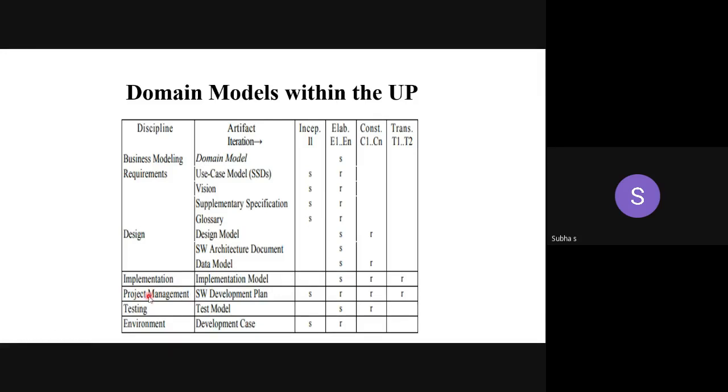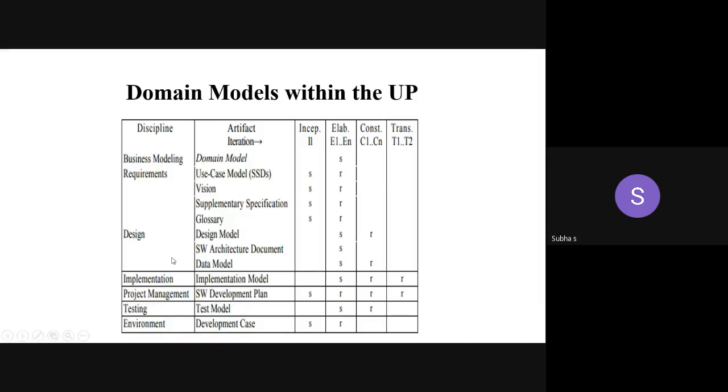The prerequisite for this software project management is the OOAD. Similarly, the prerequisite for OOAD is what? Software engineering. You know the basic things in software engineering. With that only we are getting into detail. How a particular phase works, how the inception, elaboration, all those things work, how the diagrams are useful during the design phase. Yes. So during project management, this software development plan plays a major role.